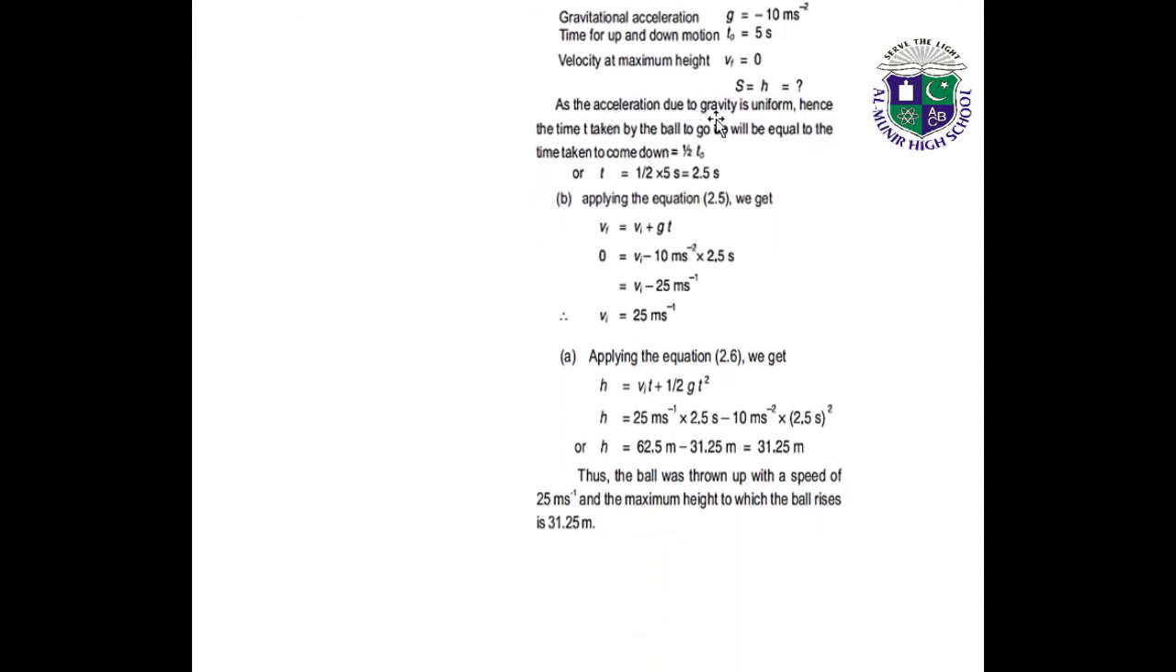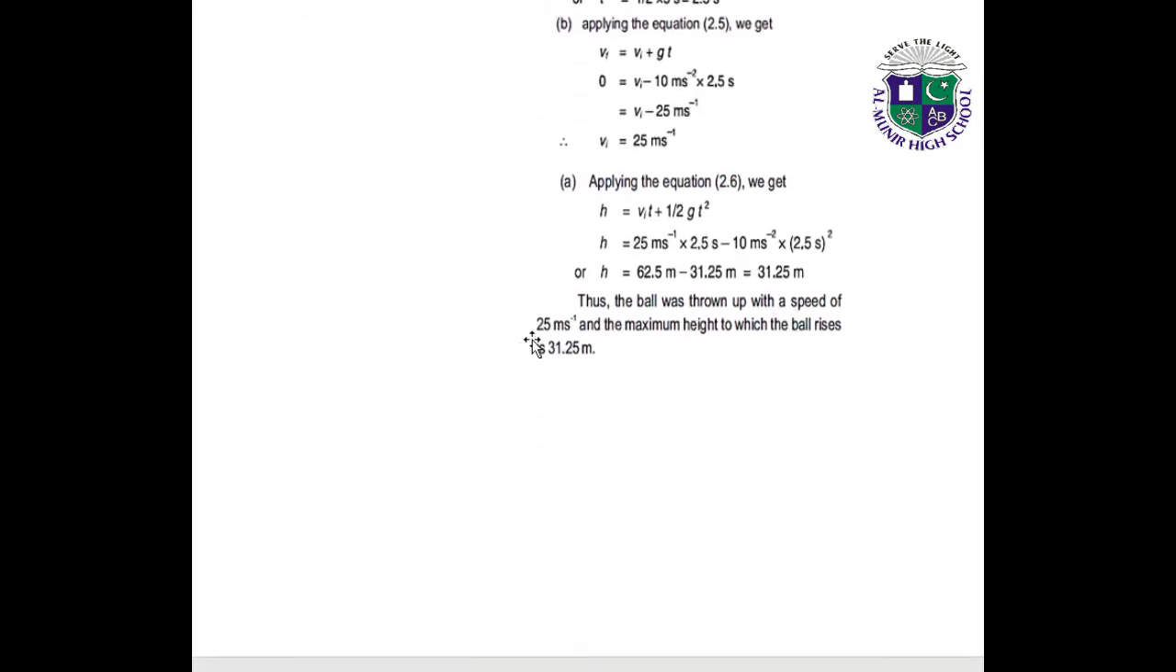As the acceleration due to gravity is uniform, the time t taken by the ball to go up will be equal to the time taken to come down, which will be half t(o). So t will be half into 5 seconds, which is equal to 2.5 seconds. Now apply the first equation of motion. By putting all these given values, we will get the initial velocity, and by using the second equation of motion, by putting all these values, we will get the height, which will be 31.25 meters. Thus the ball was thrown up with a speed of 25 meter per second, and the maximum height to which the ball rises will be